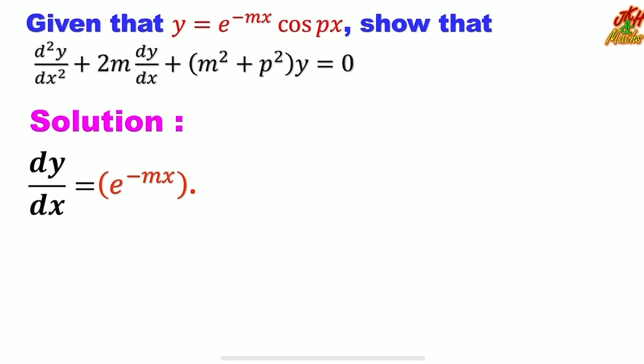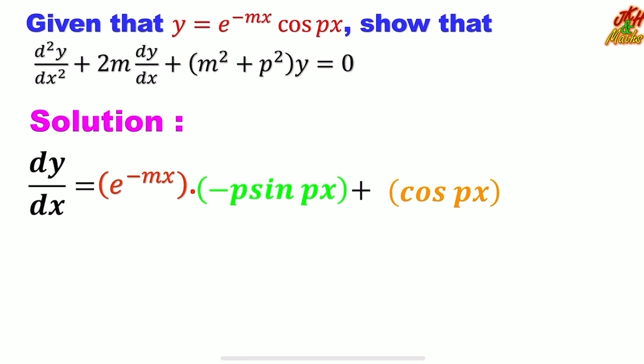Therefore, on the right hand side we have e to the power of negative mx multiplied with the differentiation of cosine px, which gives negative p sine px, plus